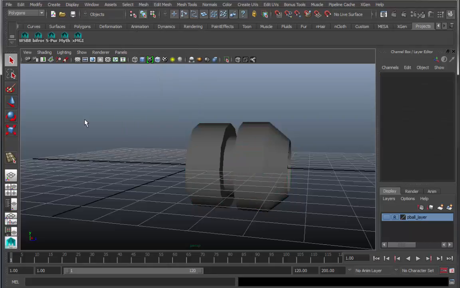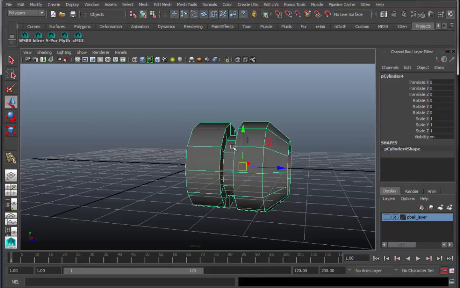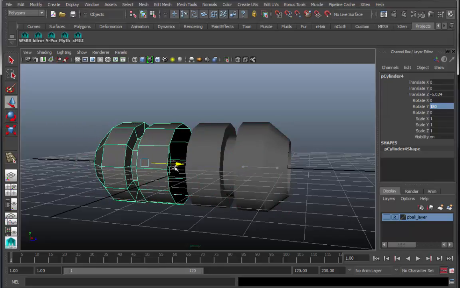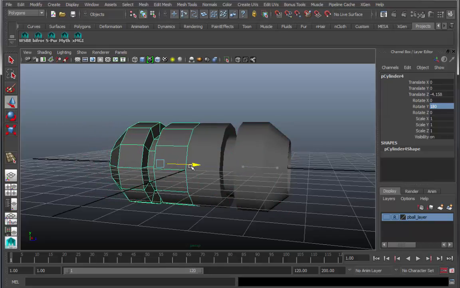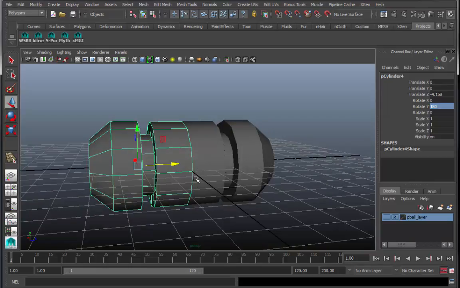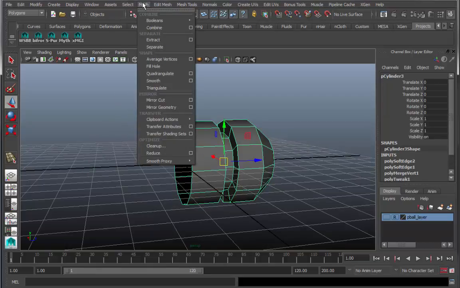Now I could duplicate it like so, just using the hotkey of Command D, and then flip it around by typing in the rotation in Y, and then moving it over until I'm sure that these two match up exactly. I could do that, and there's certainly nothing wrong about it, but I want to utilize something that allows us